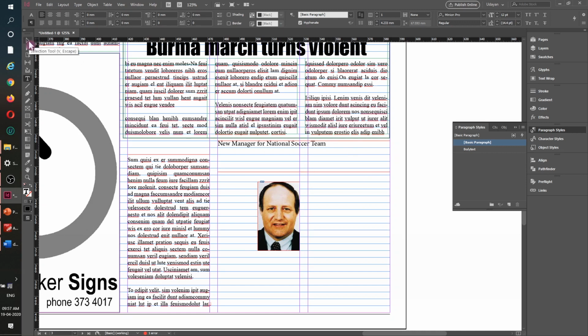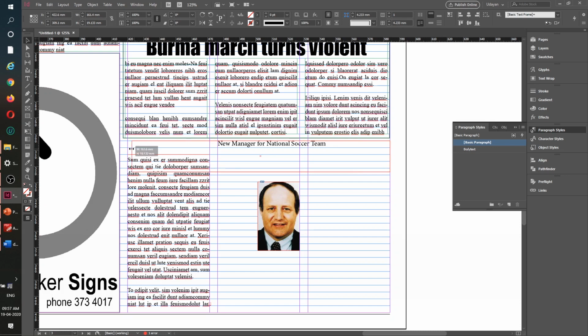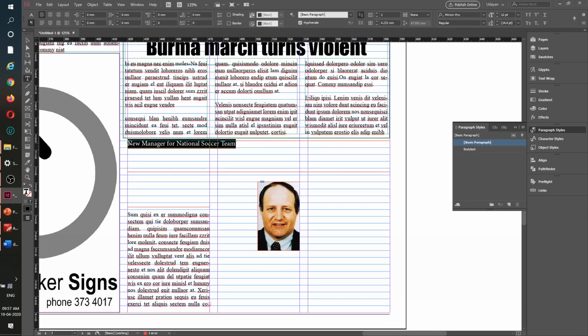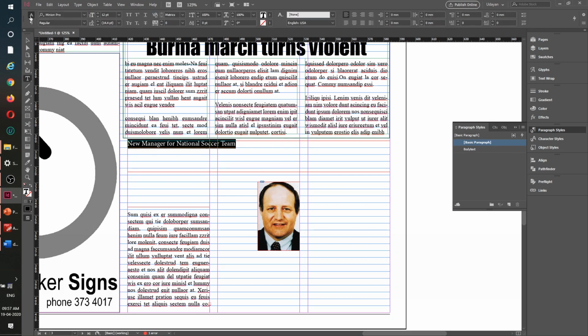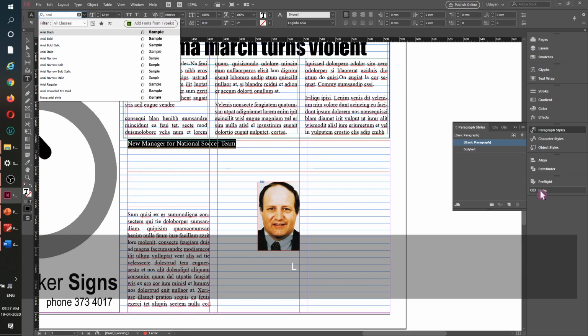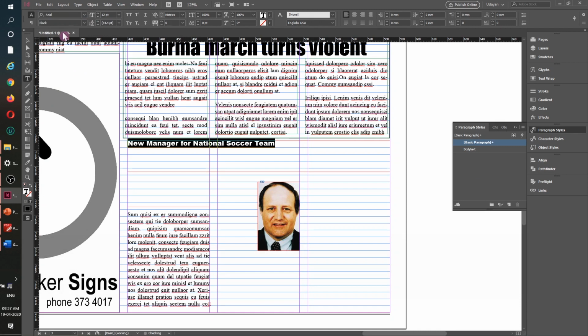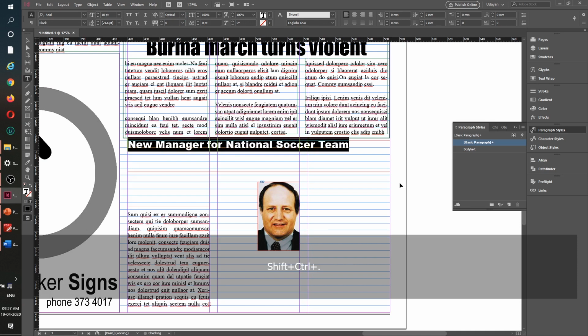Actually, I need this to have 3 columns. So let me just spread it across 3 columns. This one is too much. So let us take it down for the timing. Let's first fix this headline. So I'll select this. I'll try to use maybe Arial Black. I'm trying to keep to Arial and Times New Roman and things like this. The only reason being to make sure that this is accessible to everybody who's watching it. Otherwise, there are other fonts also. Sometimes newspapers' style book defines fonts as well.